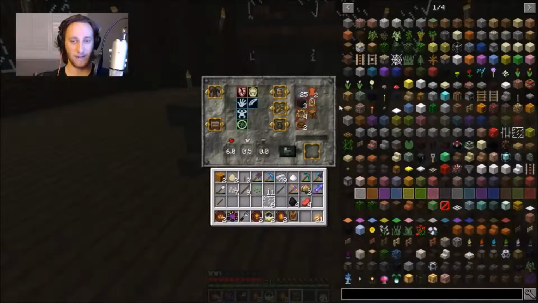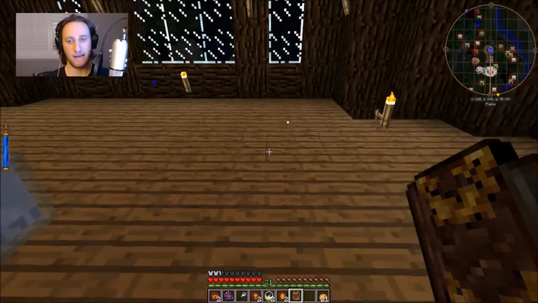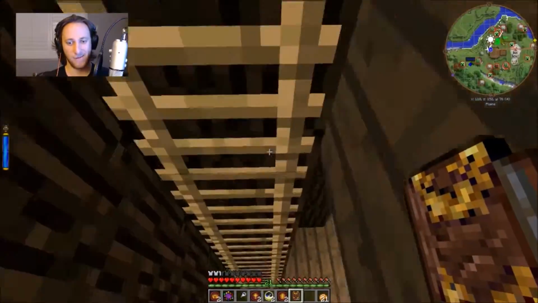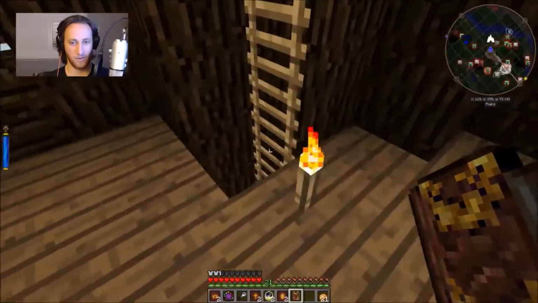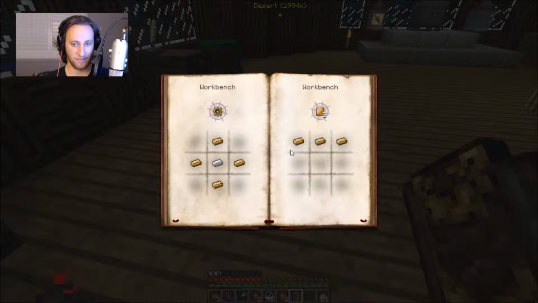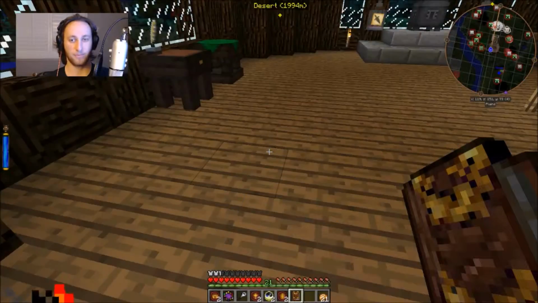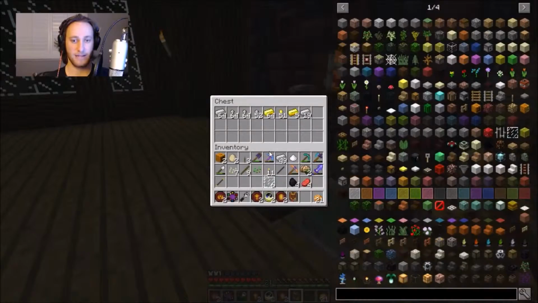So first off, we need to make the biothermic mind. Before we make that, we need to make a clockwork mind. And before we make that, we need to make bronze. So let's see, how do we make bronze? Make it from aqua and potentia. So let's get